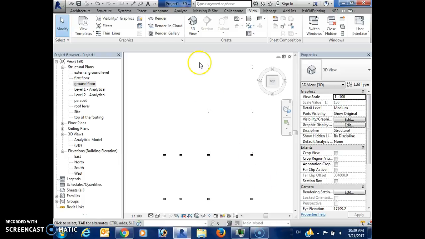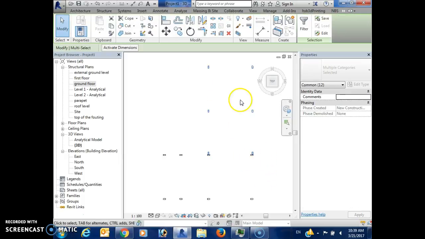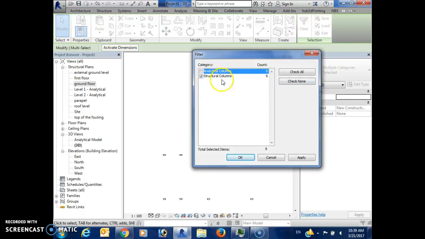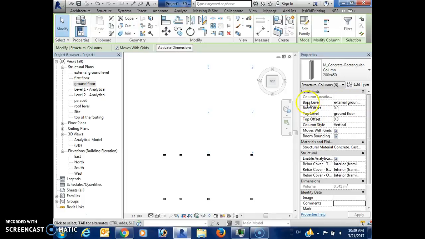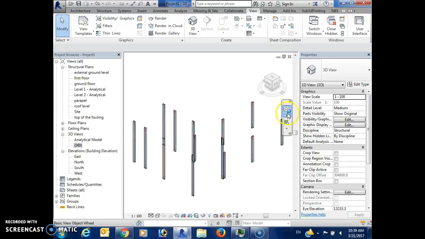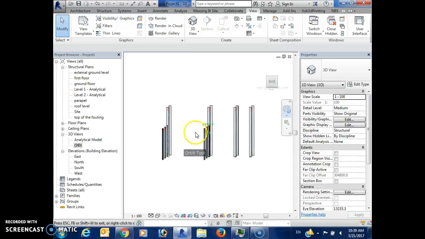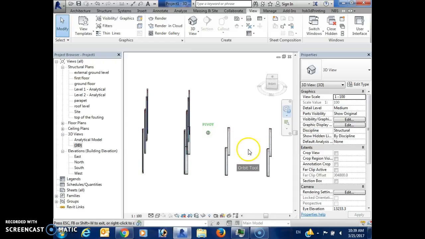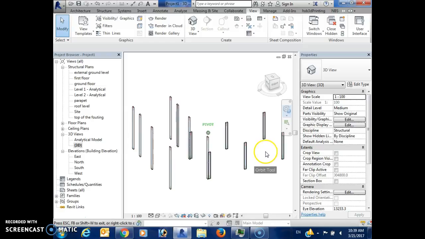Okay, now I select only the other columns from the other side of the building. I do the same, filter, select only the columns, base level, top of the footing again, top level, first floor. I'm gonna do one side of the building that is bigger than the other one. Okay, so now I go for my 3D. Oh, I was already in the 3D, and I can see how my columns are different heights for the two different parts of my building. Okay,